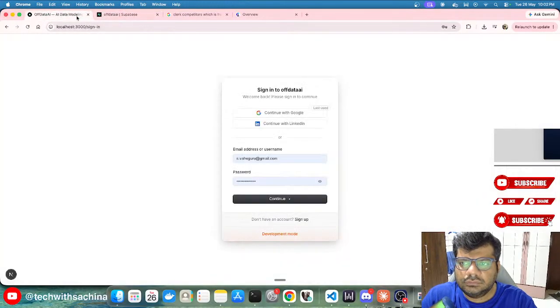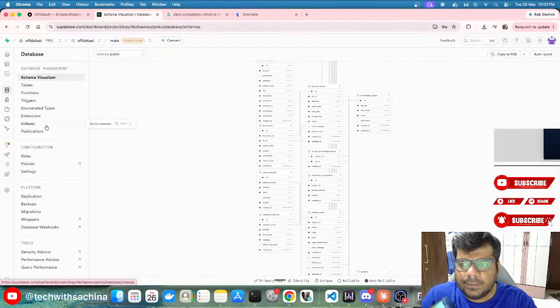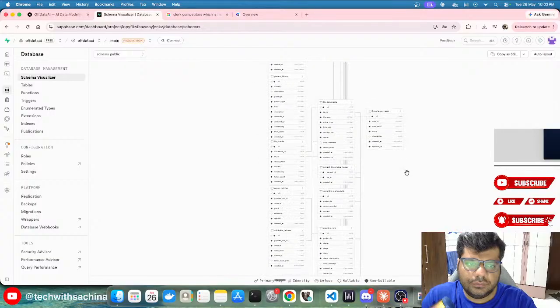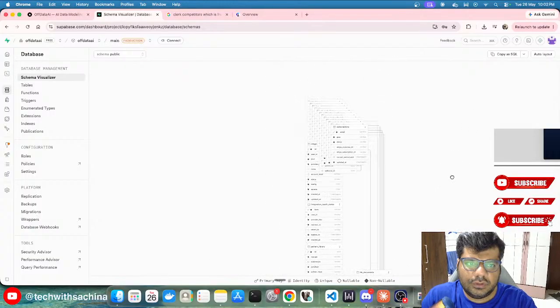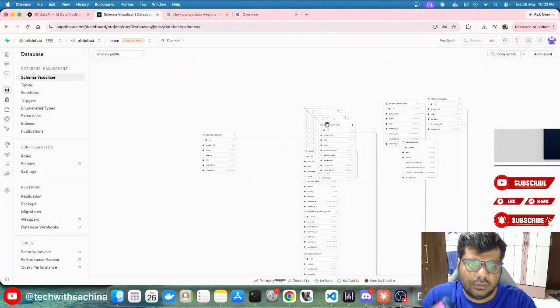Yeah. Okay, we have the Supabase. So this is our complete data model. A lot of tables are there now.